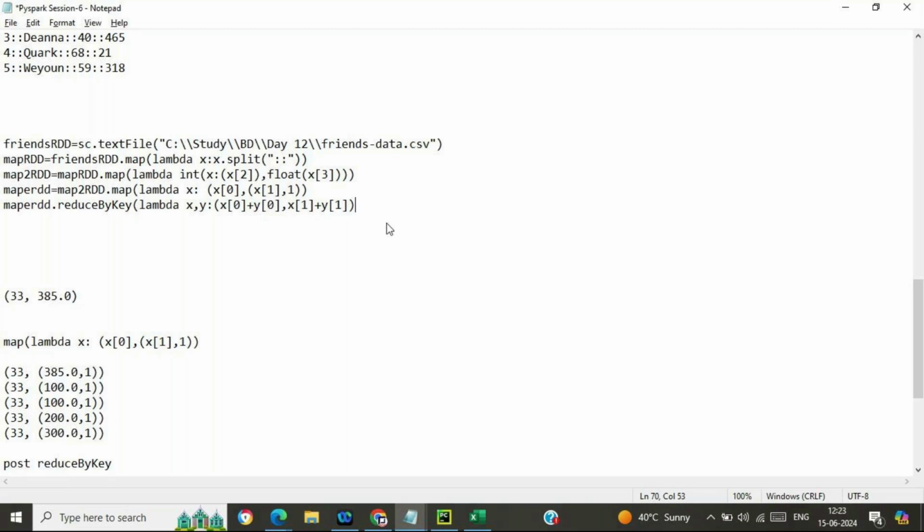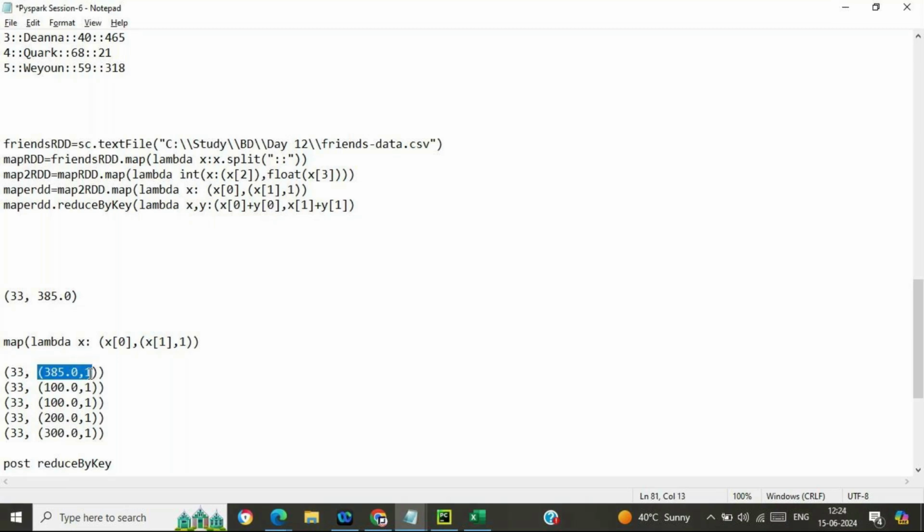Interesting or complicated? You just need to pay attention. It's very simple, and interesting as well. Basically, the reduceByKey transformation is applied on values.